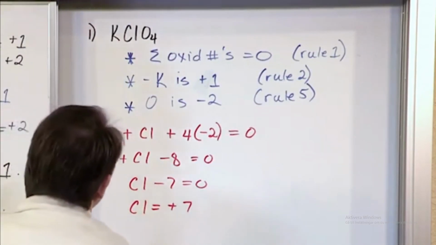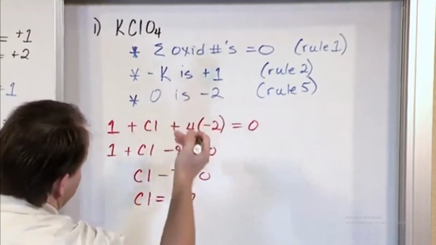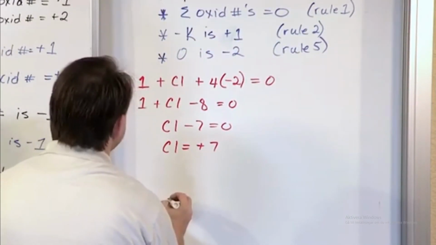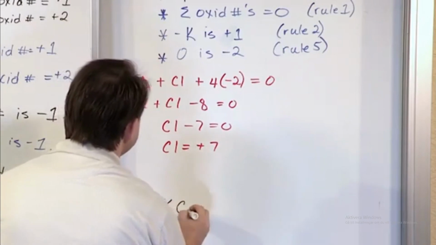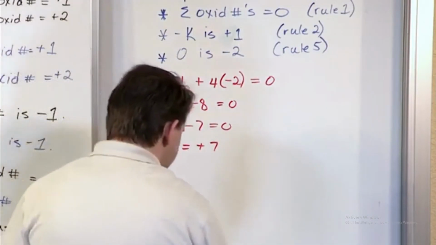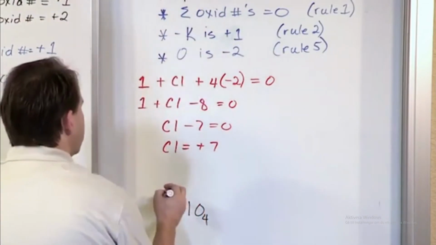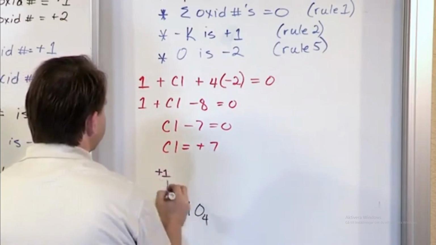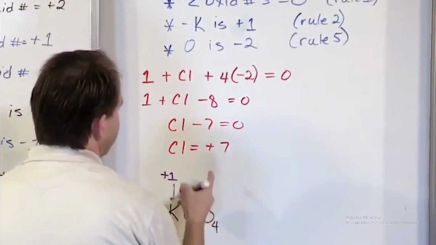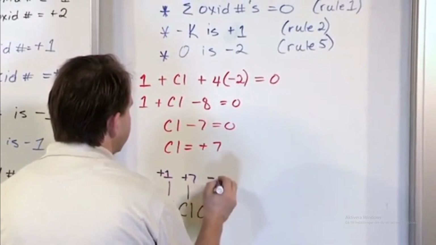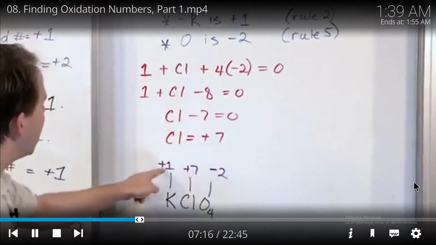So the way that you write this down for your answer, you can do it any way you want, you can circle them, but a lot of the ways that you'll see it is the compound rewritten, KClO4. And the way I like to do it is I like to draw a line from the potassium, and you just put +1 up here. Put the line from the chlorine up here, and you put +7 up here. And you put the line from the oxygen, and you say -2. So when you have lines drawn like this,